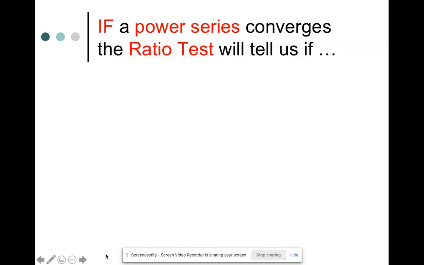Okay, kids, let's move from the radius of convergence to the interval of convergence. So let's remember and wrap up what we did in the last video. Recall that if a power series converges, we use the ratio test for convergence with x's, but the x's stay outside of the limit. And we do the ratio test to give us